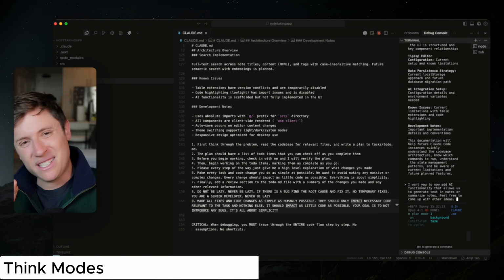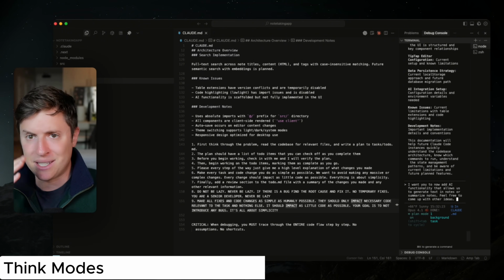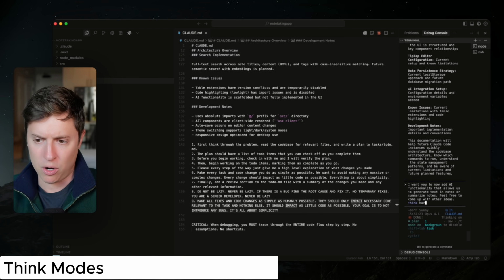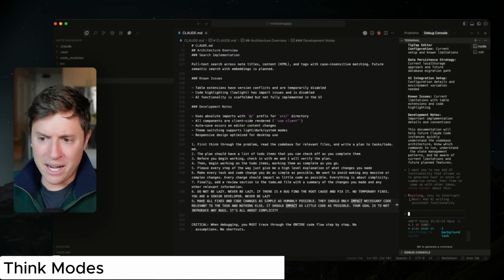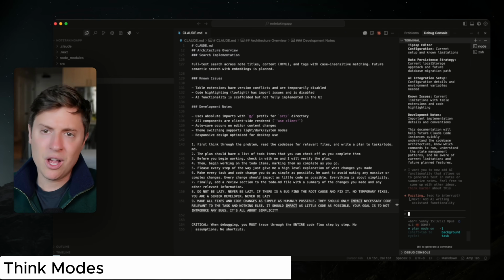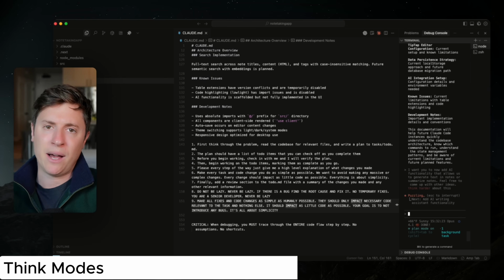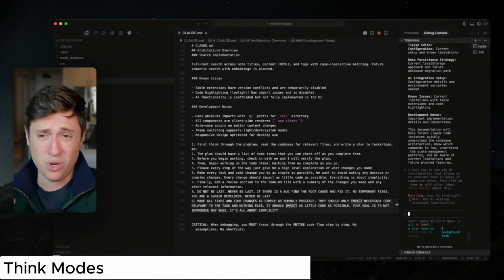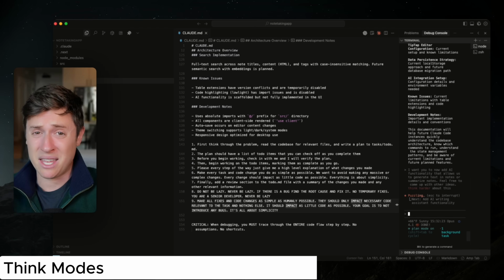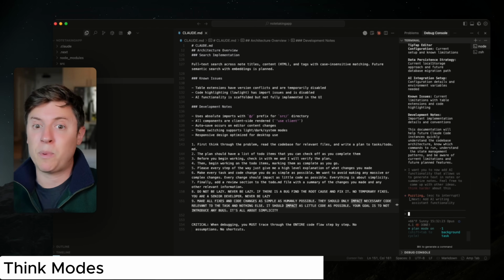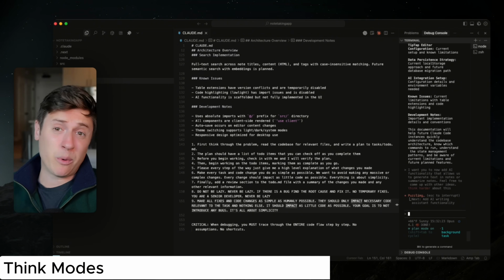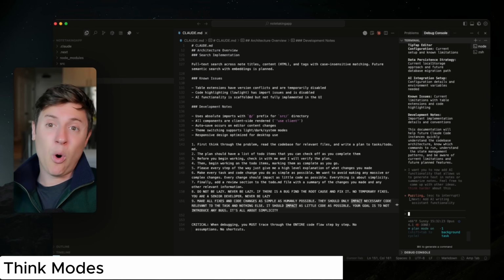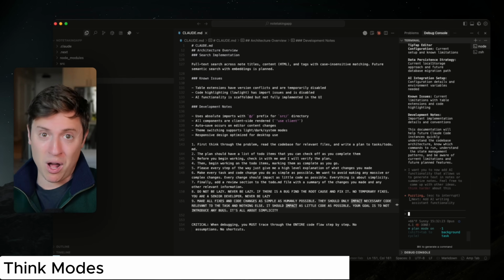So for this one, this is a pretty standard, simple kind of functionality. So I'm just going to say kind of in the middle, let's do think harder about this. And it's going to make the AI think harder. So depending on the type of functionality you want to build out, if it's really simple, you just say think. If it's kind of moderate, like we're doing here with this AI functionality, I'm going to say think harder. But if it's a super big one, maybe even V1 like we were doing before, it probably could have helped if I said ultra think, but you do ultra think for the super complex problems you're looking to